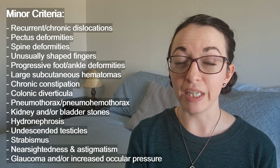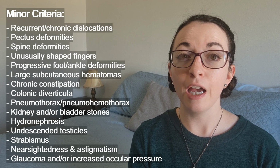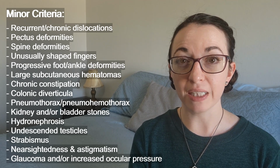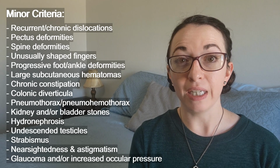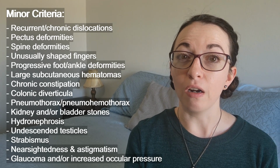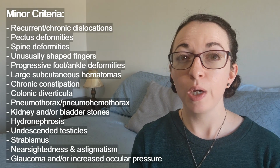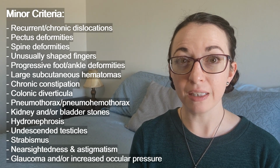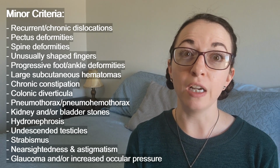The 15 minor criteria include the presence of recurrent or chronic dislocations, pectus deformities, which are deformities of the chest where the chest appears caved in or out, deformities of the spine, fingers that are unusually long, slender, tapered, or cylindrically shaped, progressive foot and ankle deformities, large subcutaneous hematomas, which are large collections of blood under the skin that form after blunt force trauma injuries,